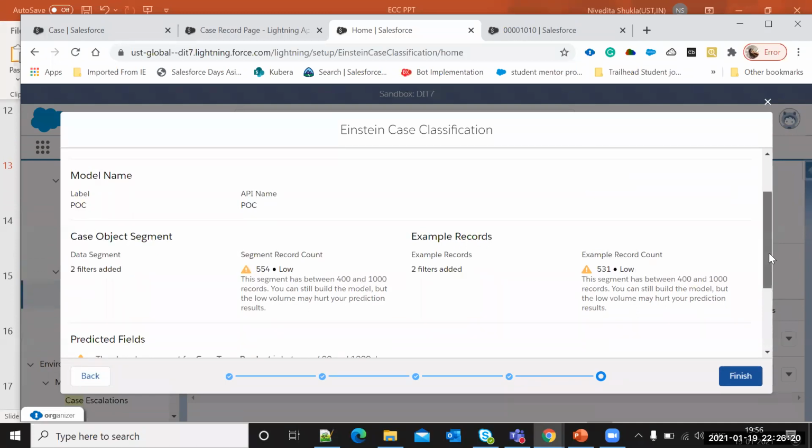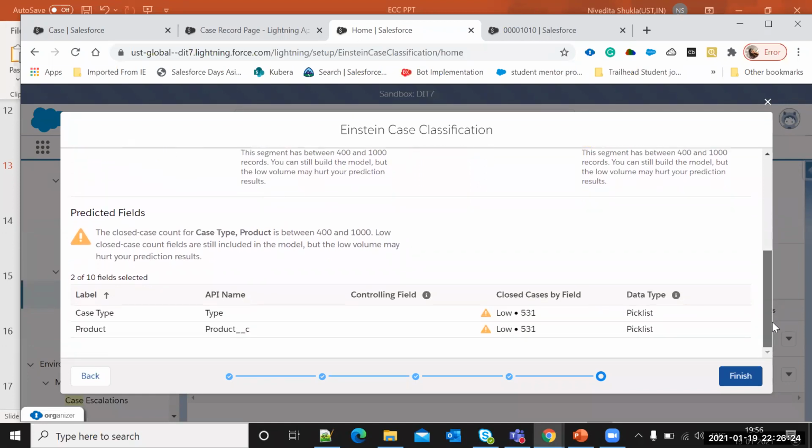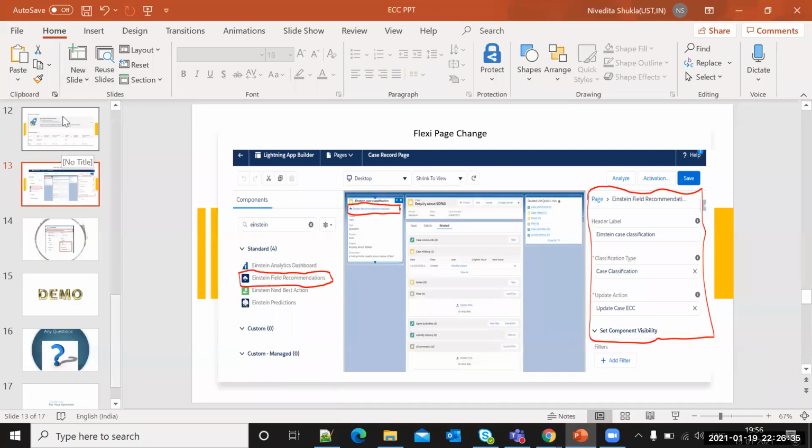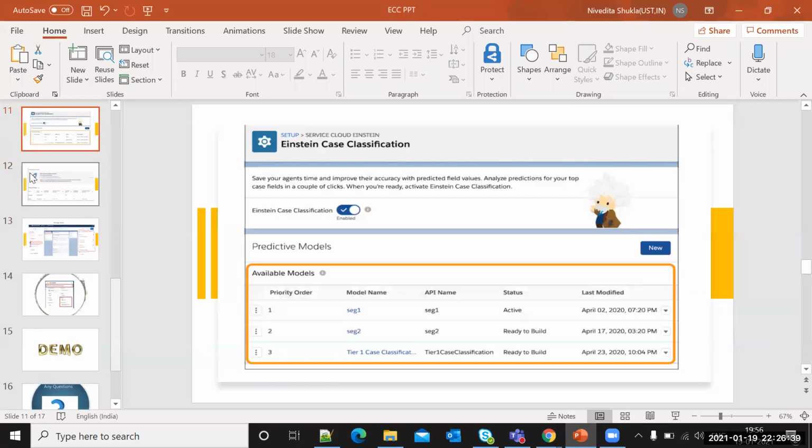It should have at least 10,000 records so that it can predict the values in a better way. Once we click on finish, it will take some time and show you something like this, showing the model which has been created.